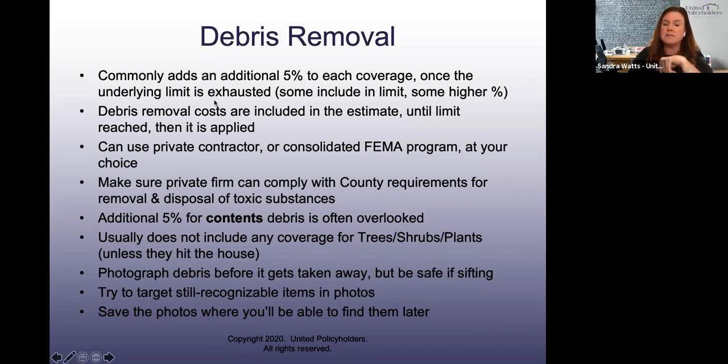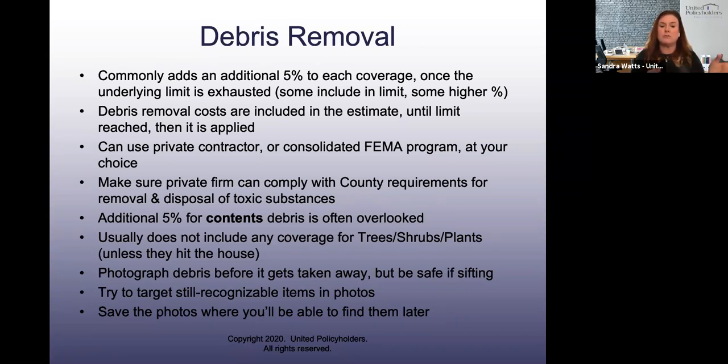Some policies don't have this extra 5%, and some policies might have a little higher percentage. But the way this works, and it's super complicated, I don't know why they do it, but if you're say you're estimating the cost, if you've lost your house and they're estimating the cost to rebuild your house,